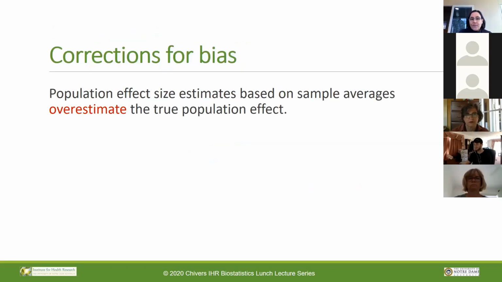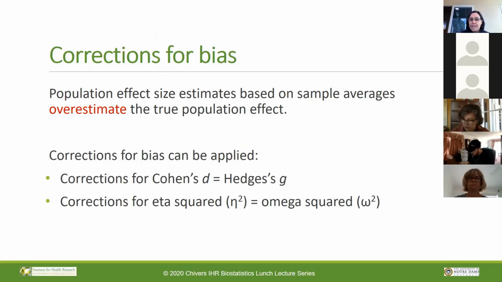So I talked just briefly there about a bias in the Cohen's D. So what does that actually mean? It means that it's based on sample averages, and they may overestimate what's actually in a population effect. So there are ways and means around that. For Cohen's D, it's called Hedges G, which is a correction for bias. So you might find that a Hedges G might be more appropriate. And eta squared, which we haven't covered yet, is corrected for bias using omega squared. So they're two ways in which the bias can be